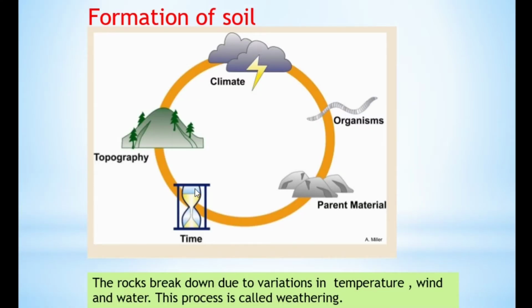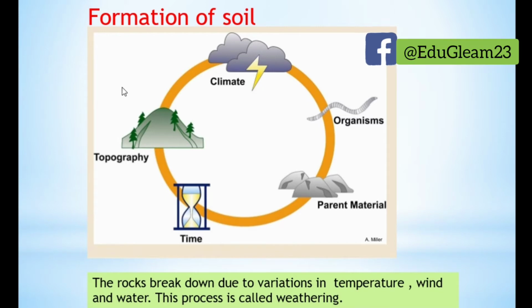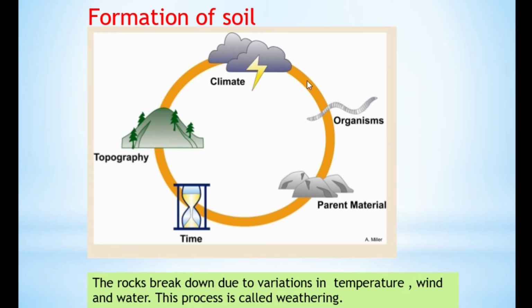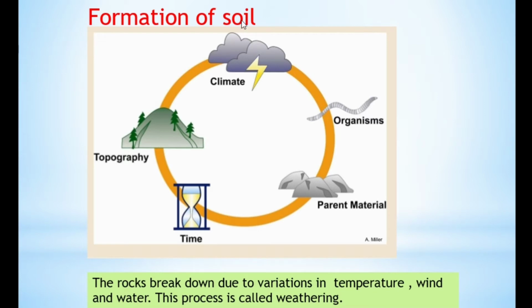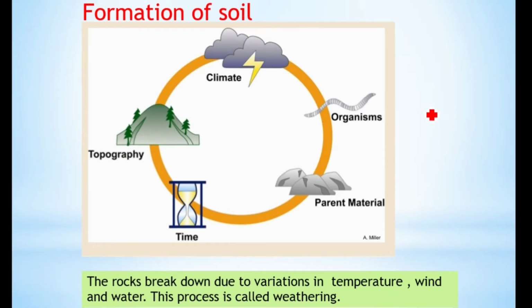So there are many factors which contribute to the formation of soil. First one is the climate. We know that climate is the long-term pattern of weather in a particular area. This climate has a great effect on how the soil would be. Organisms. See what happens, animals eat plants, and their waste, and eventually their bodies, are added to the soil. This begins to change the soil.